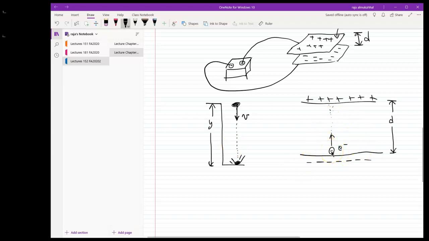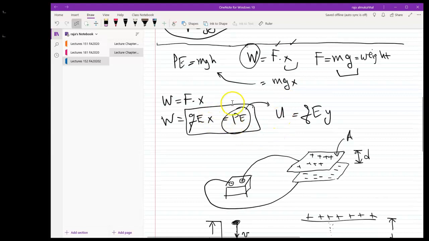In other words, while I'm holding the electron right in this position, I want to ask, what is the total energy of that electron? Well, E equals potential plus kinetic, right? Now we have a new notation. I'm going to call it U plus K. K for kinetic, U for potential. And what is the potential? We just talked about it. The potential is